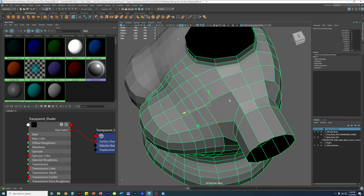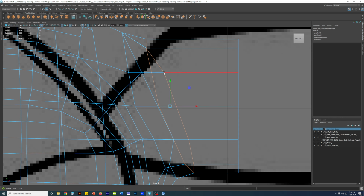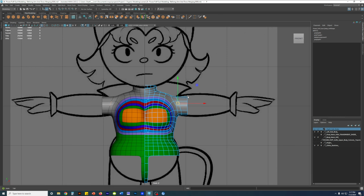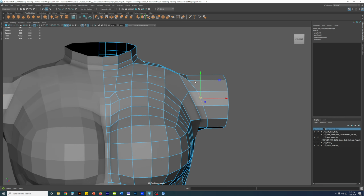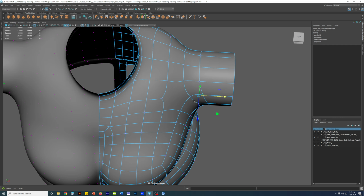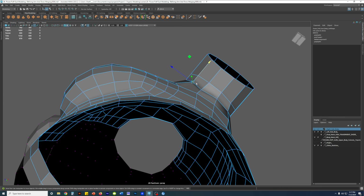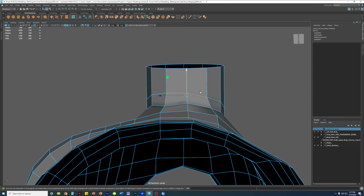Okay. This here. Okay. Pull it back a bit. This here, pull it back a bit. But for sure this I need to touch up. So I'll grab this and this. And